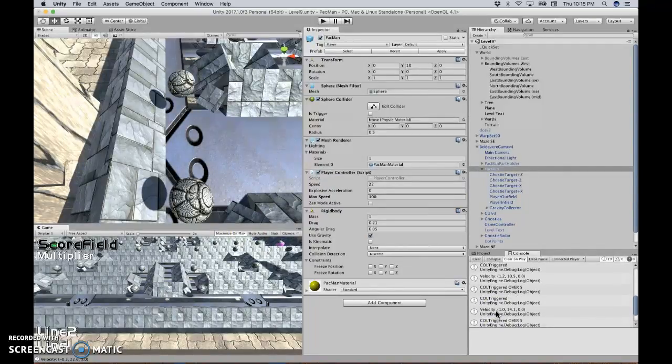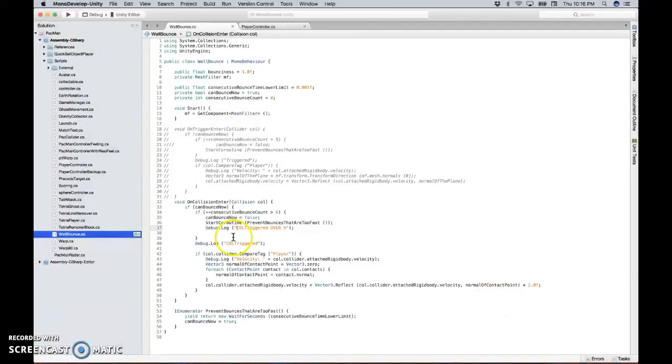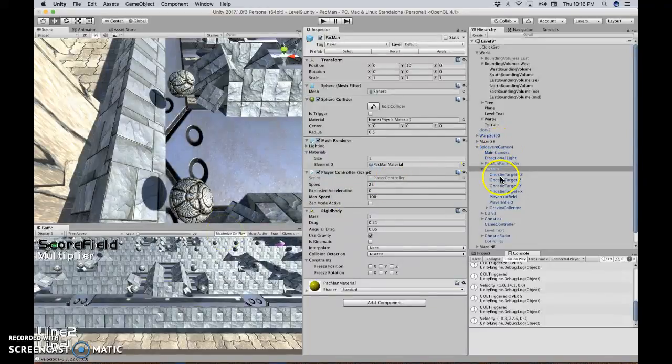But there's a pattern here. Let's see. Triggered, triggered, over 5, then triggered, then over 5. And it shows your velocity here when you do hit it. So you can adjust that stuff here in...